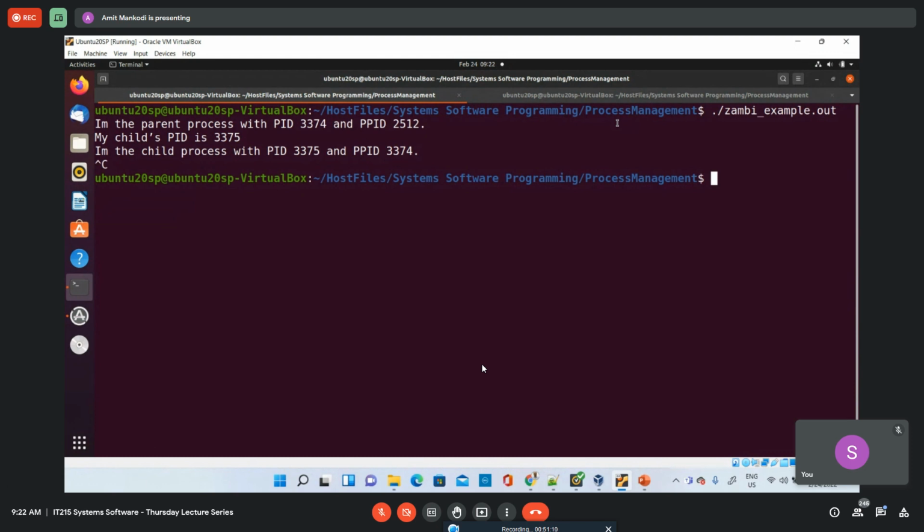How do you run a process in background mode? You provide an ampersand sign at the end of the executable name. If you provide an ampersand at the end of the executable name,